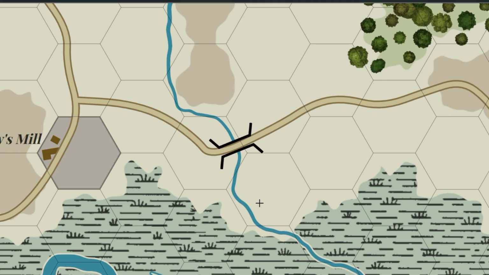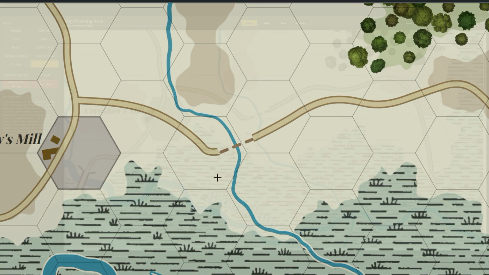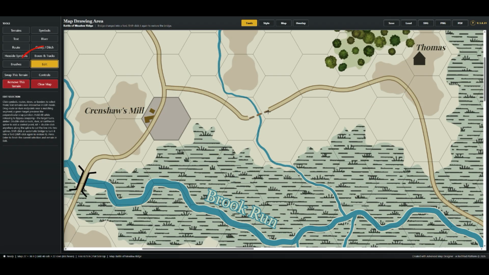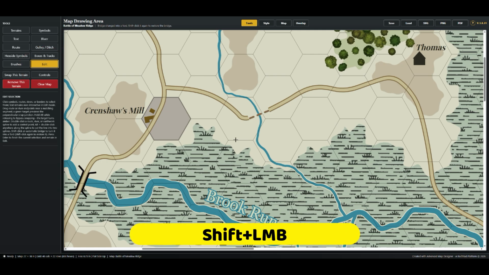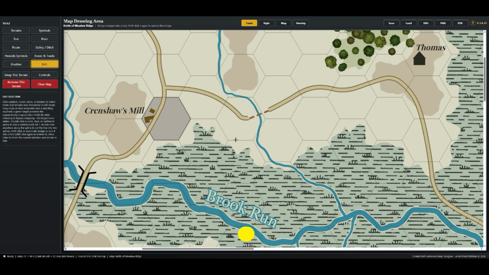Of course, if you have this turned on, it's going to create a bridge over that river, and that's fine most of the time, but now you want to make sure that instead of a bridge you have a ford. And so what you do is you head on over back to the edit function here, and you do a shift left mouse button, basically click on that bridge, and it turns into, right now, a trail, which